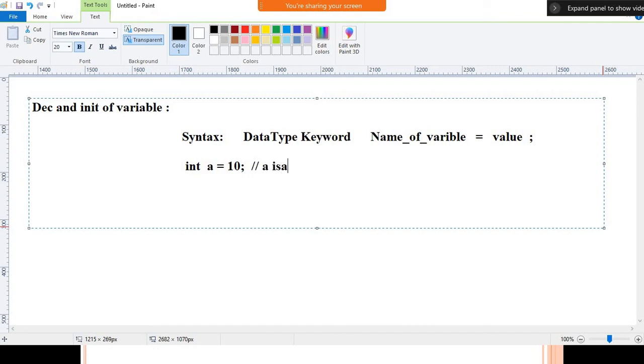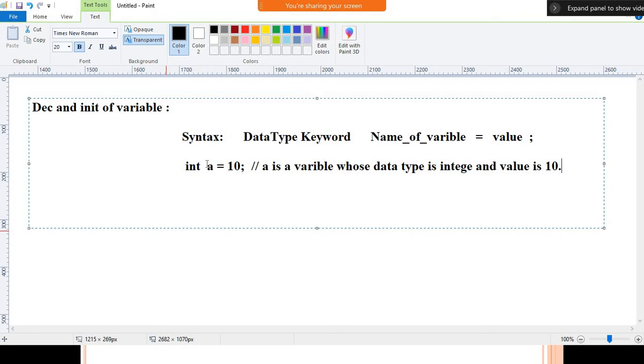A is a variable whose data type is integer and value is 10.